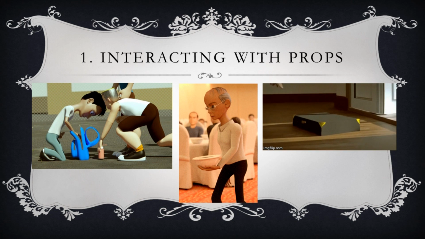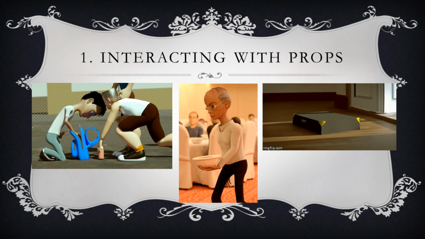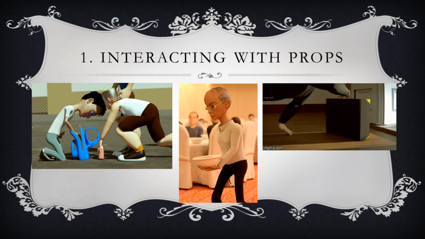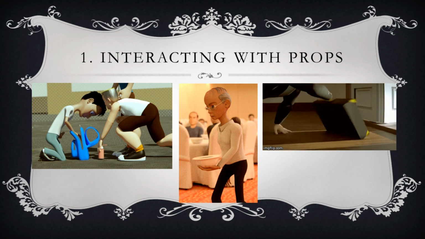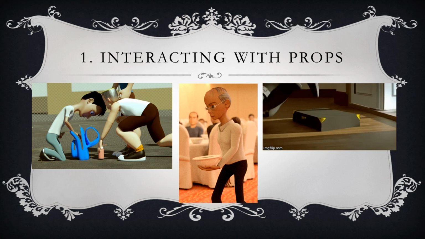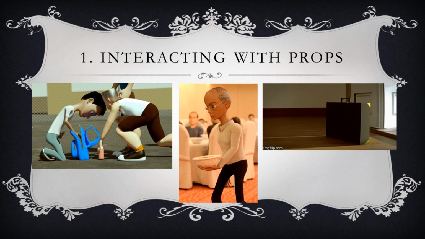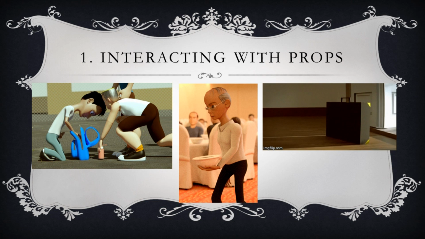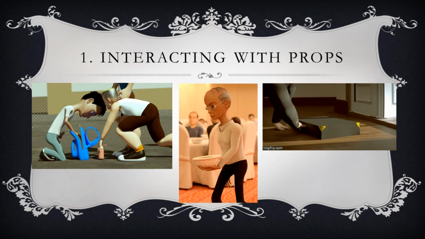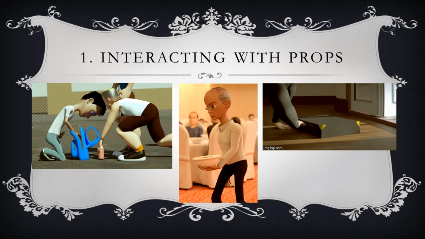First up, interacting with props. This is the one thing I hate, having to set up controls every time a character interacts with some object. The truth is, character animation can be a lot more interesting and fun to watch if it interacts with something. One way to do this is to manually animate the objects. In other words, say for example your character dances while holding a ball. Well, you'd animate the ball by simply repositioning and keying the ball everywhere the hand moves.